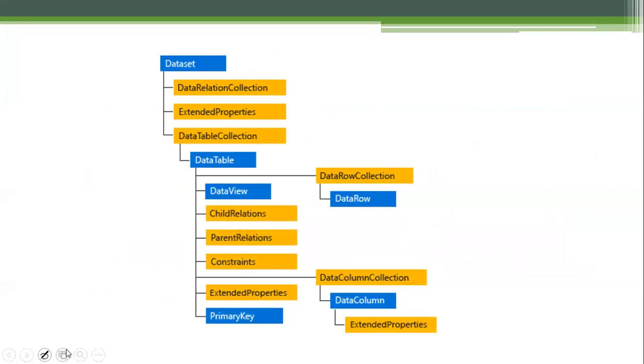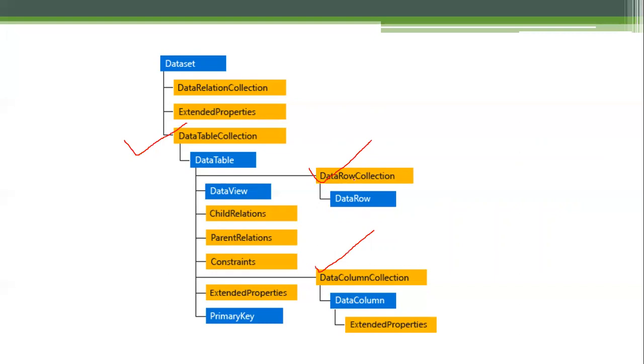Okay, dataset will contain data in the form of data tables like this. Dataset will contain a collection of tables. Collection of tables, we call it a data table collection. Okay, each collection will contain data tables. So each table will contain a row collection and a column collection.